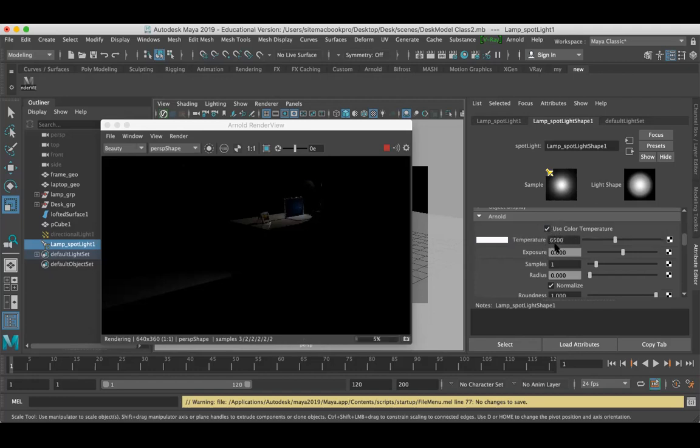Make sure you have enabled use color temperature on, and then just move towards the lower value so that you will get a warm color. Yeah, so I feel better.